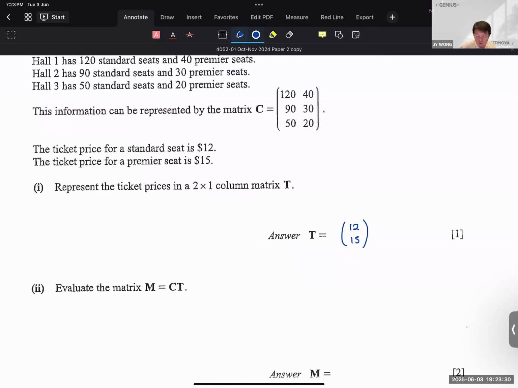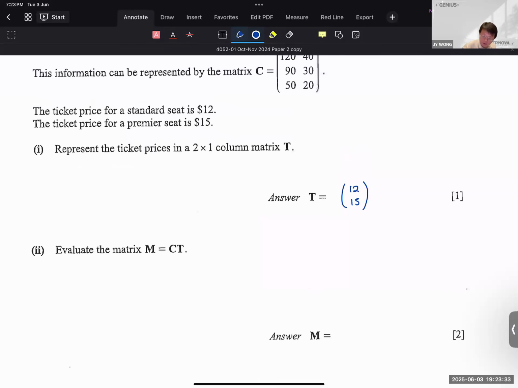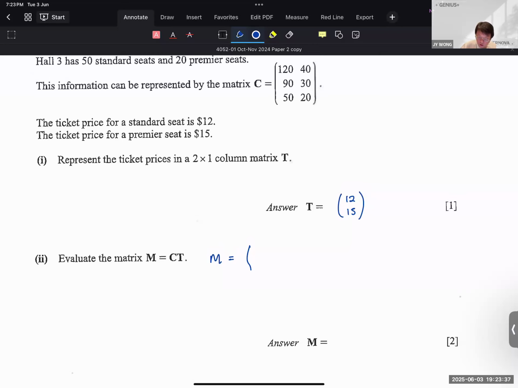Evaluate the matrix M equals to CT, so I need C times T. So M is equal to C, which is